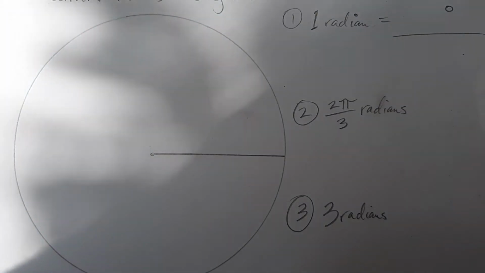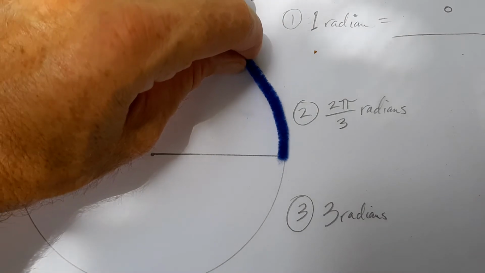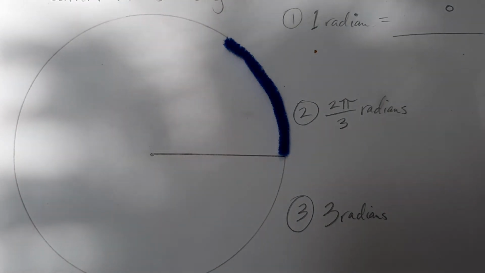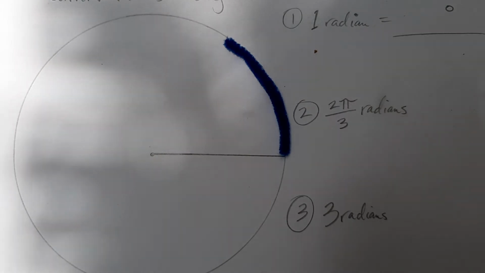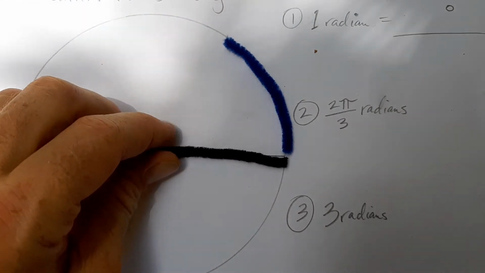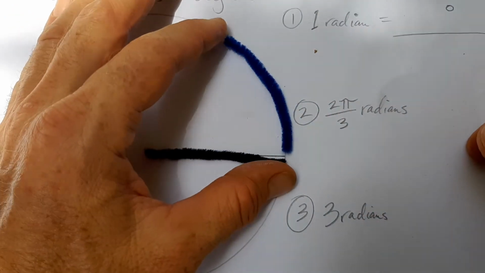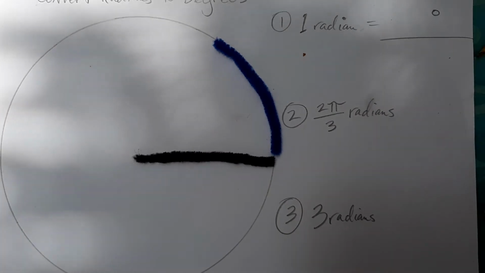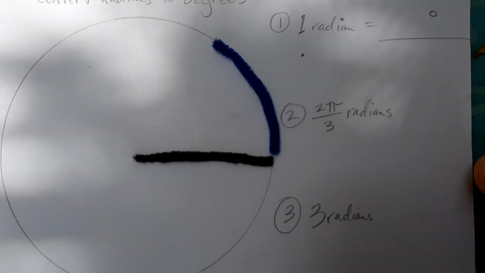And try to remember back to our little, try to visualize it too. Don't just go with numbers and memorizing things. Try to visualize about how far is that 1 radian. Remember, 1 radian is the length, the distance you travel around the circle, the amount of rotation around the circle if you take 1 radius and lay it around the circumference. So get a good idea of what is that, and then calculate it with your calculator, with your conversion factor